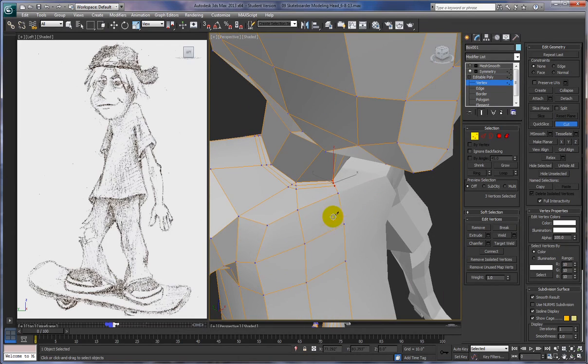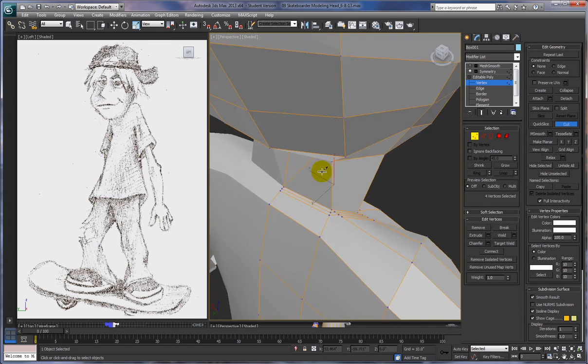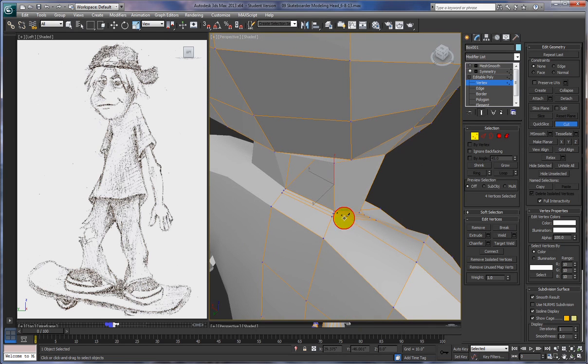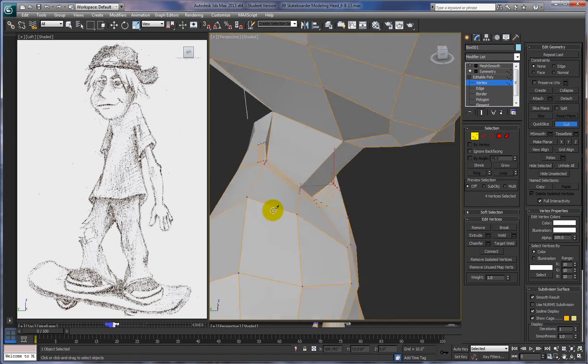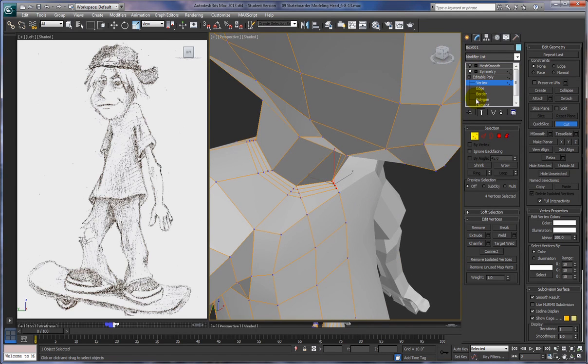We'll figure it out. Okay, so this last edge loop here should be adequate. Okay, the other thing that we were going to need to do, let's get out of the cut tool,